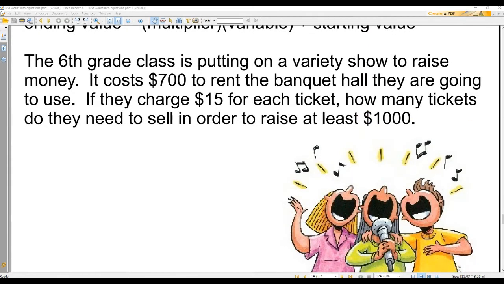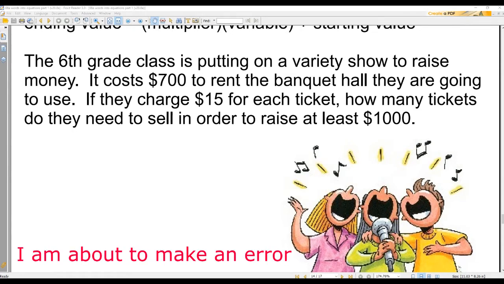A 6th grade class is putting together a variety show. To raise money, it costs $700 to rent the banquet hall. If they charge $15 for each ticket, how many tickets do they need to sell in order to raise at least, this feels like an inequality here. They want to raise at least